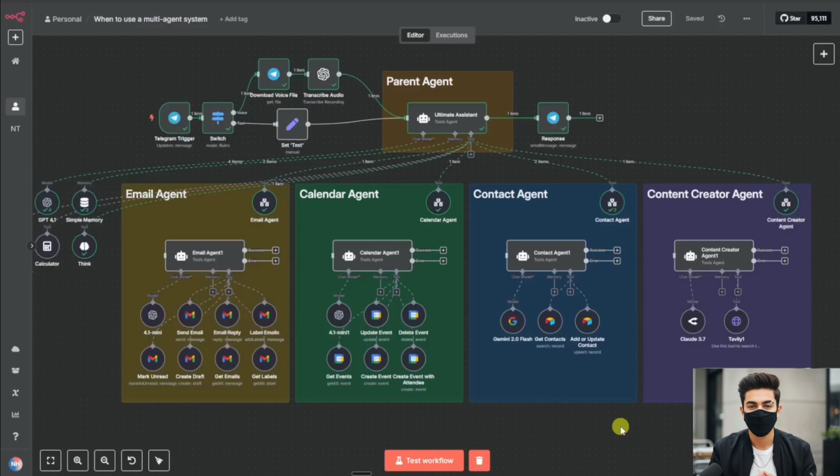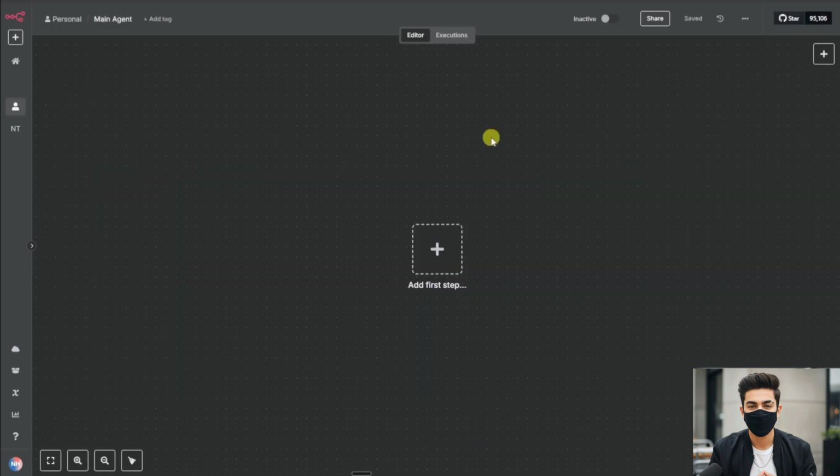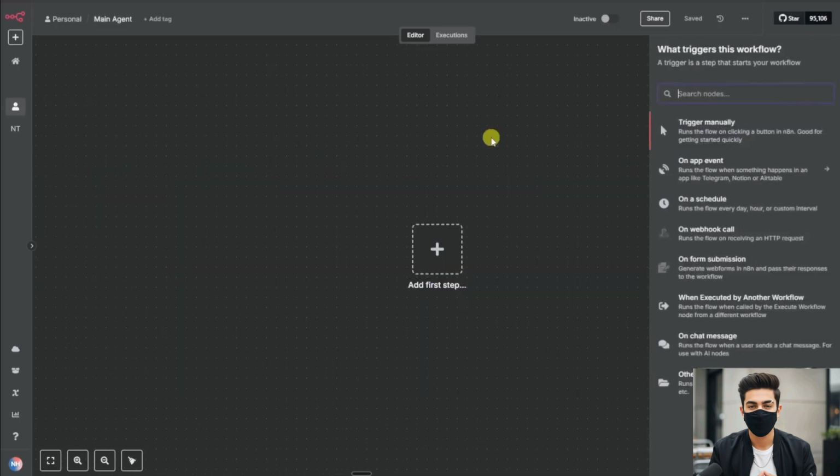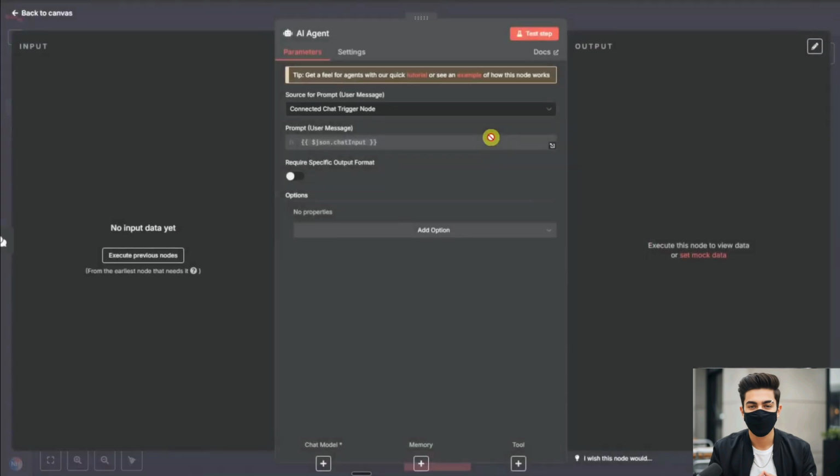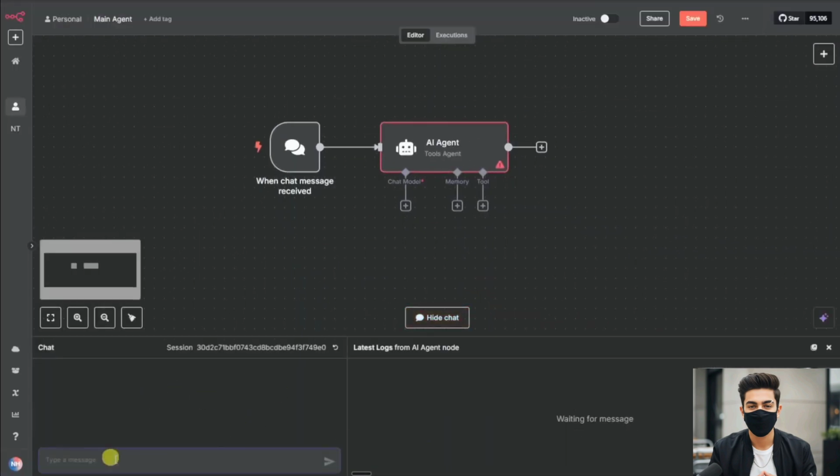But of course, there are times when you do need dedicated agents for certain functions. So let's get into a new workflow and build a really simple example of an orchestrator agent that's able to call on a sub-agent. All right, so what we're going to be doing here is we're going to build an orchestrator agent. So I'm going to hit tab, I'm going to type in AI agent, and we're going to pull this guy in. And we're just going to be talking to this guy using that little chat window down here